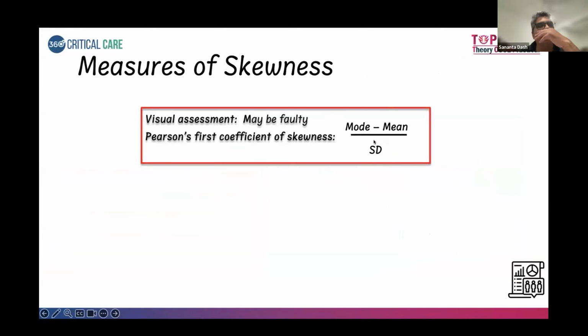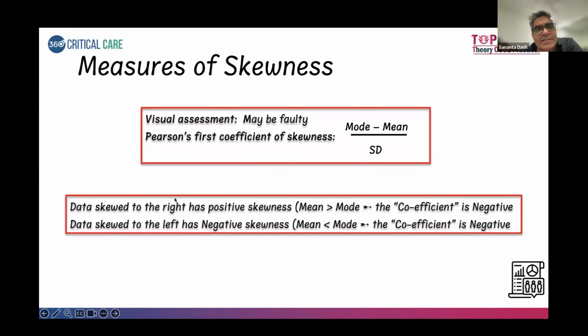I don't think you need to remember the formula, but you need to know Pearson's first coefficient of skewness. There is a second coefficient that also measures skewness, but you don't need to know about it. So data skewed to the right has a positive skewness. Why do we say positive? As you said, mean is more than median, which is more than mode. So if you put in this formula, mode minus mean, divided by standard deviation,